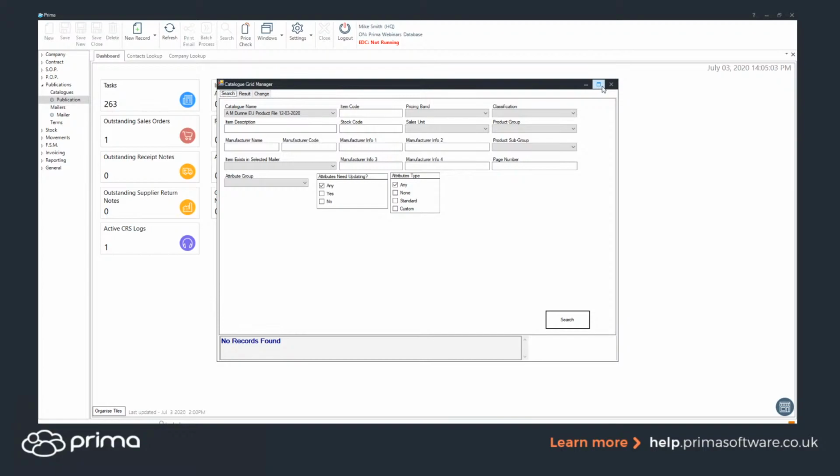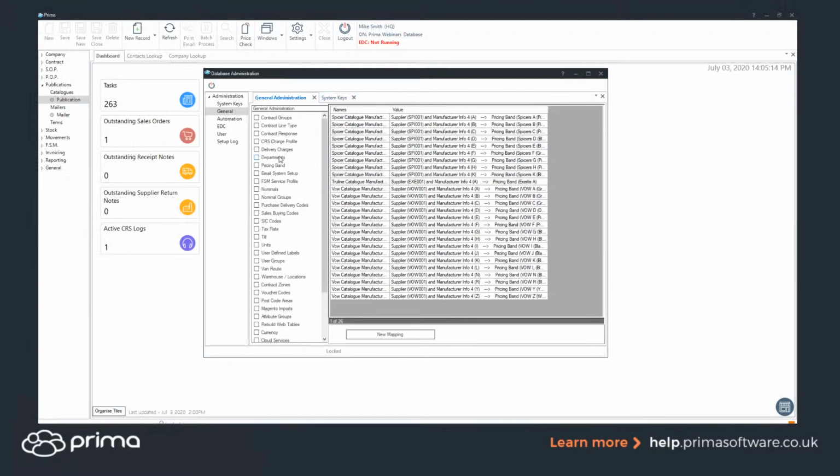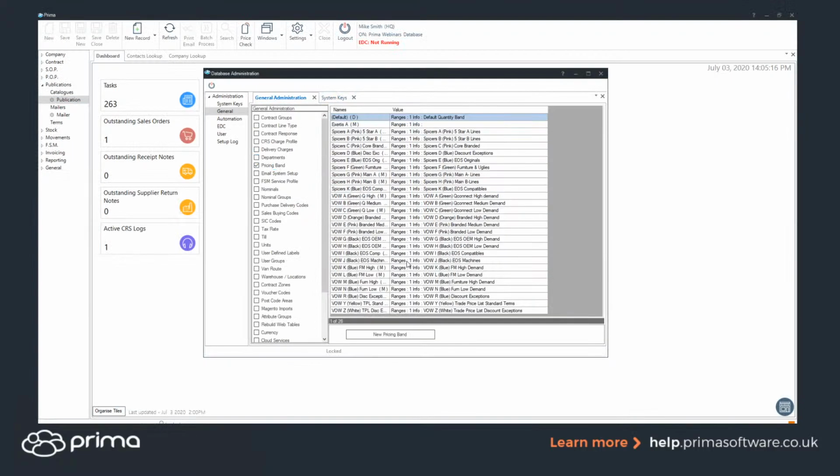So with that being said, once you've set these up, with most versions of Prima, previously, if I go back to the bands, you would set them up in one of two ways. It would either be discount or it would be margin markup, depending on how you have your system set up. So if I just click into one of the bands,